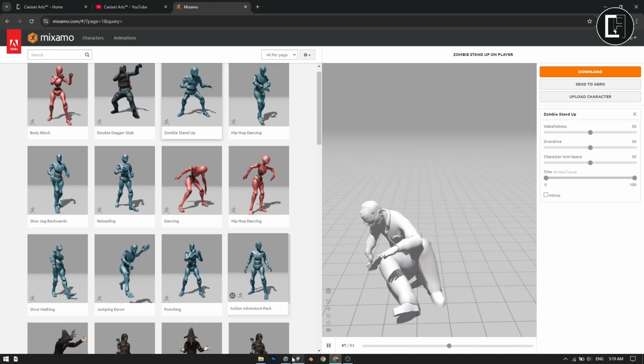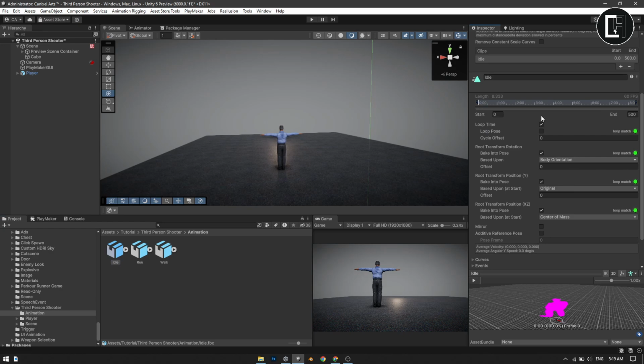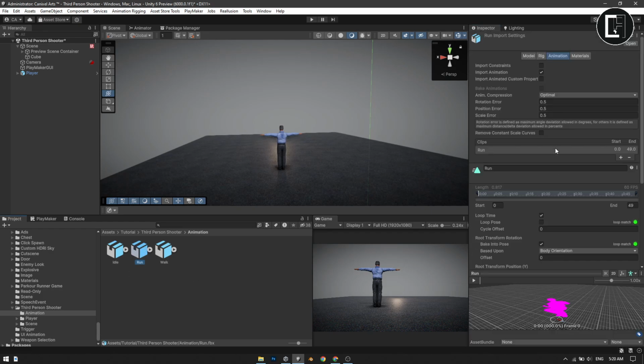Okay, let's continue. The idle animation is gonna be like this, and it must be a loop animation because it is a loop animation. The root transform rotation must be checked, the root transform position must be checked, and this also must be checked, and apply. You gotta do the same for the run and the walk animations,